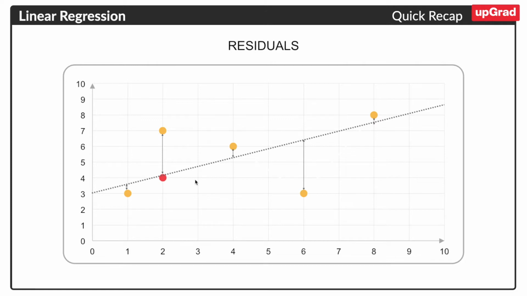Now ultimately, in the ideal scenario, what we want is that this line should be able to fit each and every data point. Which means, if my x value is 2, right now we are doing a prediction of 4, but the actual output is 7. So this is the error here. The actual output is 7, but we are predicting 4. This difference is actually the error, which we also call residuals.